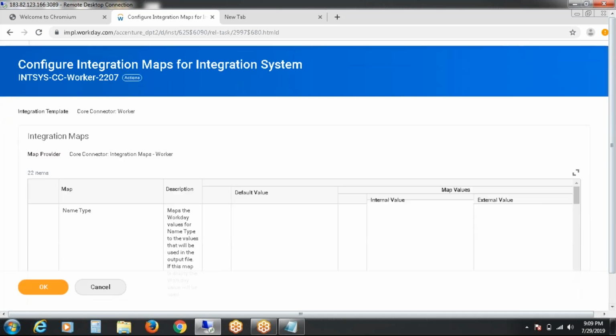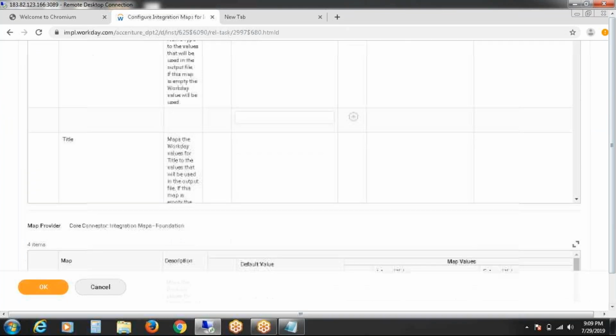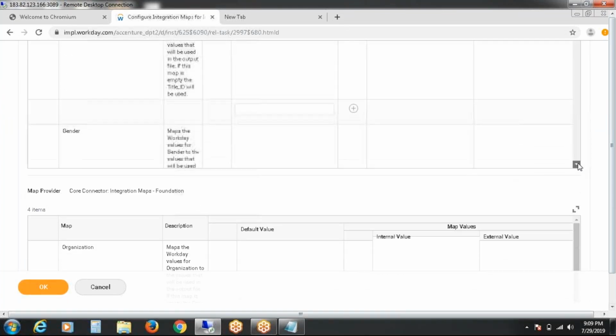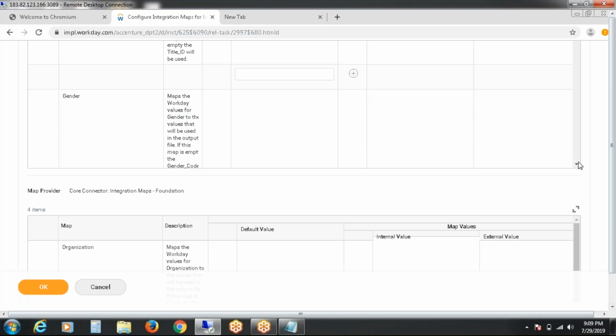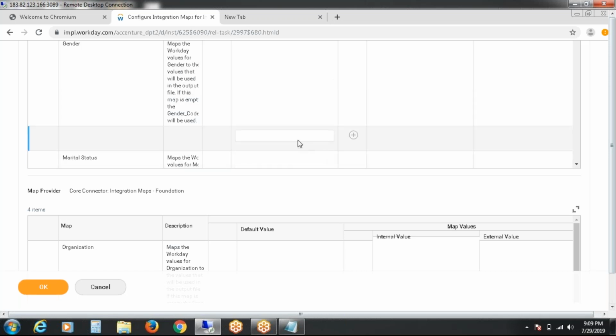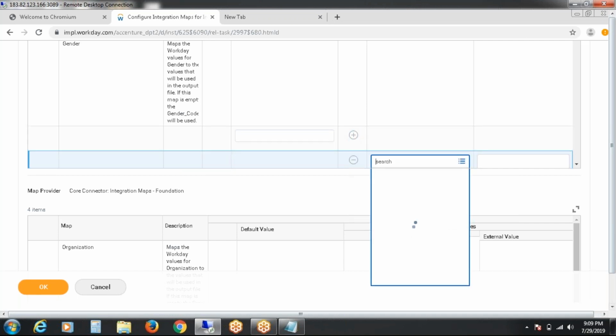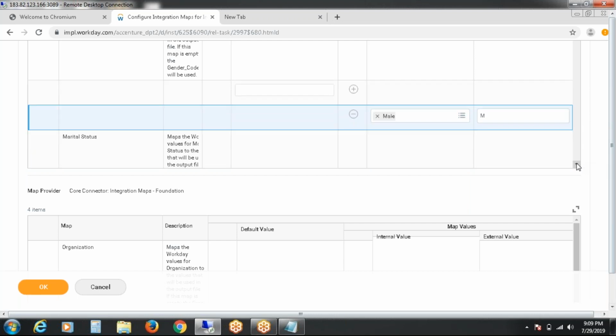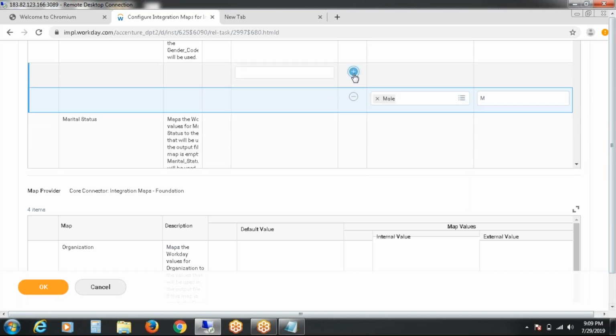So you want to map the name type? No. Title? No. Or anything? I would like to map gender. Male with M. Female with F, because these are already defined by Workday.